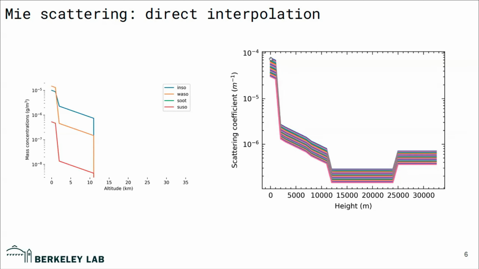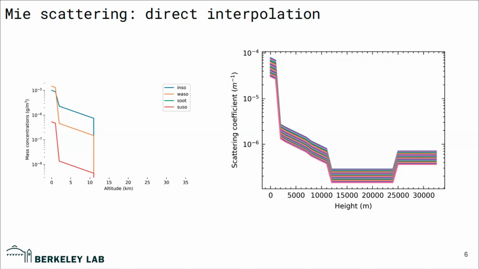Each line on the right-hand side is for a spectrum, and this is how the scattering coefficients behave across this height. Again it is log scale, and it dips really fast, then dips much slower, then dips really fast again, stays flat, and increases again. So it's pretty irregular, and we cannot simplify that with an exponential decay. We have to use that data directly. This is one of the modifications that we did for this implementation: we were able to use any type of Mie scattering data